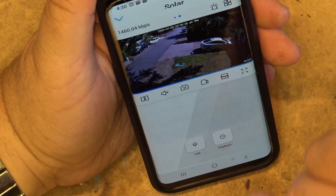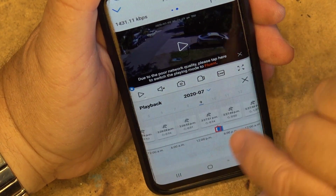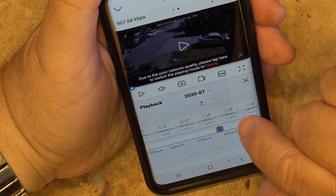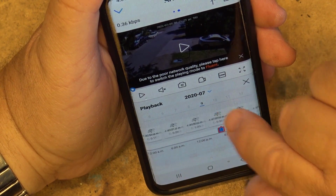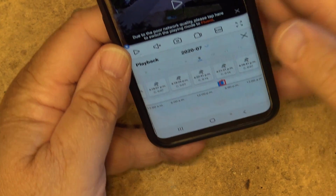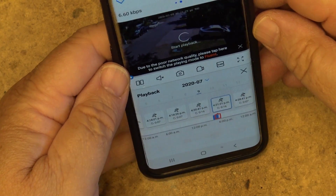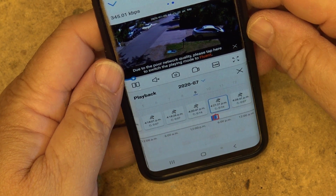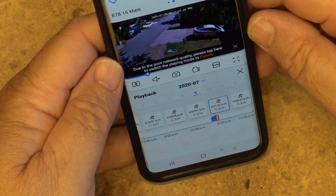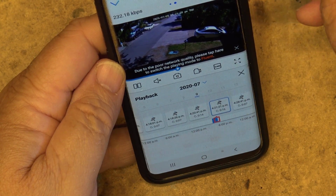The playback log is very, very simple. If I go to the playback log here, these are all the events that it has recorded since I put it up, and I haven't even set up the motion detection on it right now. It's just detecting everything that moves. So at 4:21, for example, there was an event. I'm still in HD mode. I haven't selected standard definition, but it's playing,